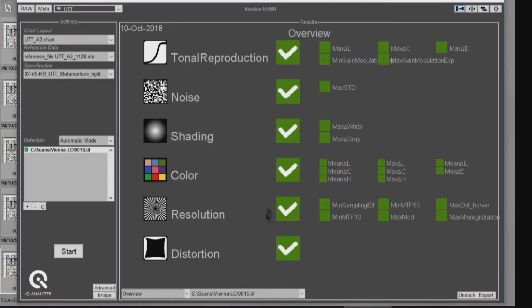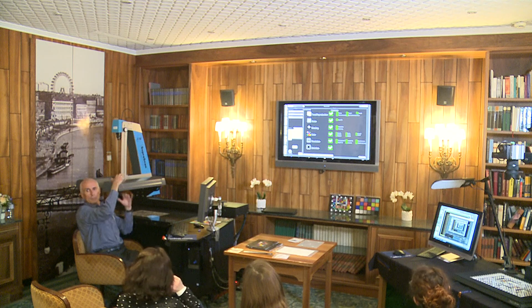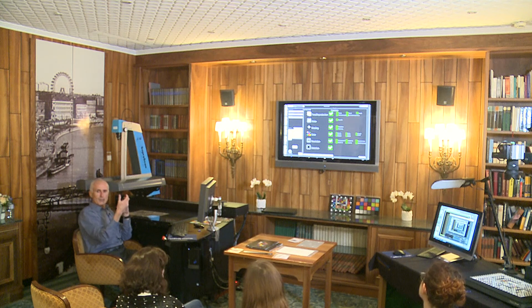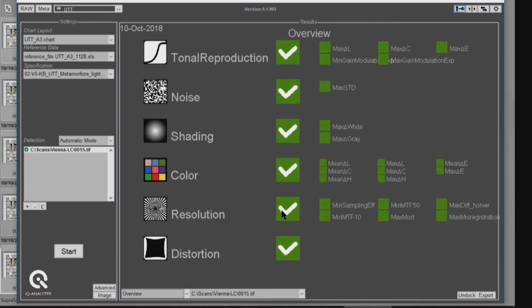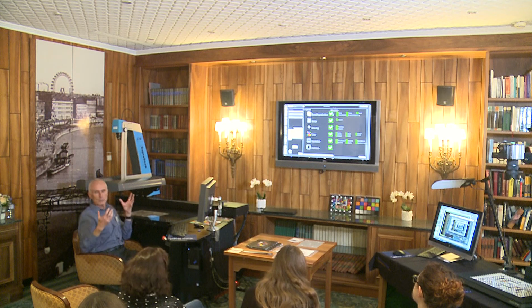What can change in a scanner is the resolution. If, for example, on a scanner you can move the camera up and down to increase the resolution, then you have to refocus. And your focus adjustment can be more or less good. So here you can have some changes, so you have to check. And the tonal reproduction can change a little bit. For example, on this one, you could scan with or without glass plate. You could scan with some different lighting settings that could change the light level a little bit. It's good to check that. And on this one, the light level really has to be checked, especially if you are not in a black room, because